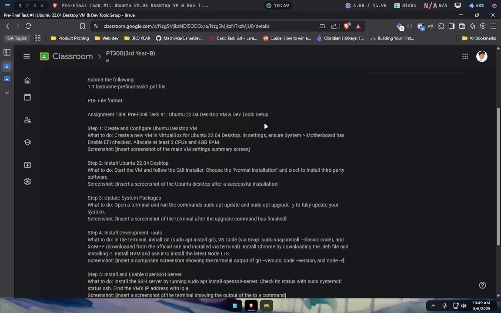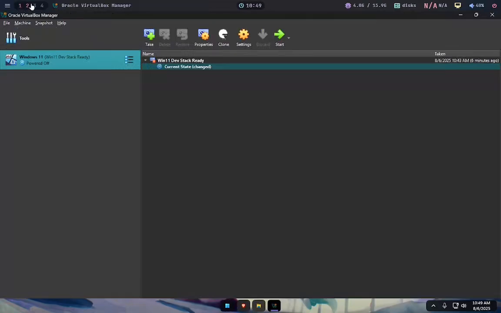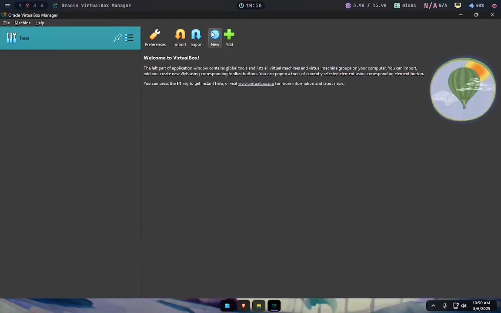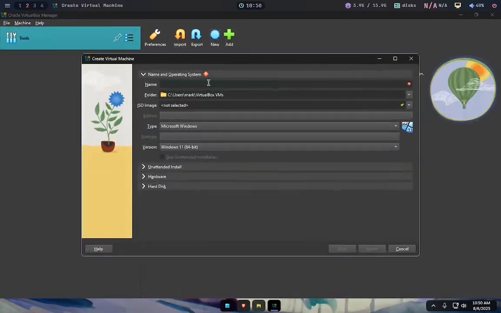So, what we're going to do now is just remove this one. Delete all files, and then new, and then Ubuntu desktop. So kung saan na pangalan, but I prefer this. And then